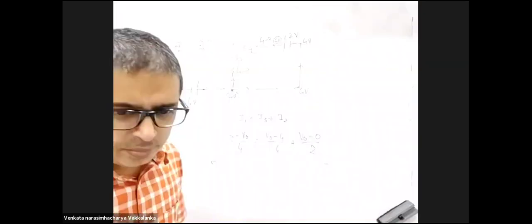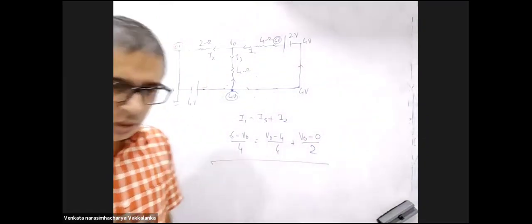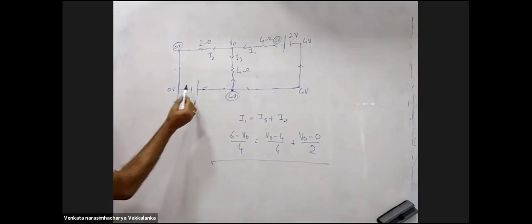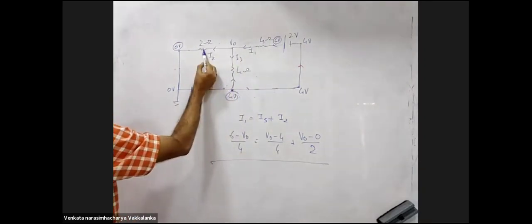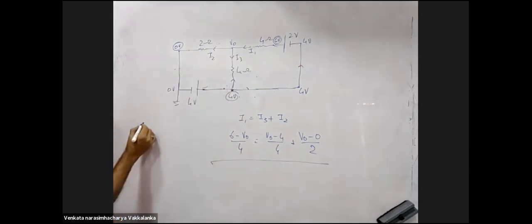Somebody is writing, can you repeat the second method? By the way, what was the second method? E1 R2 plus E2 R1? Equivalent battery. I rubbed it here, but we can do it. Have a look. E1 R2 plus E2 R1 upon R1 plus R2. Have a look at this.